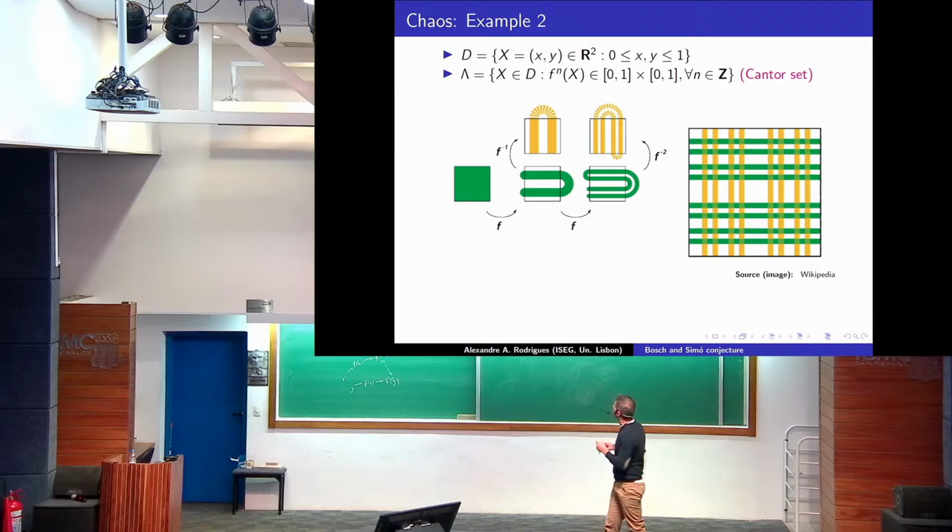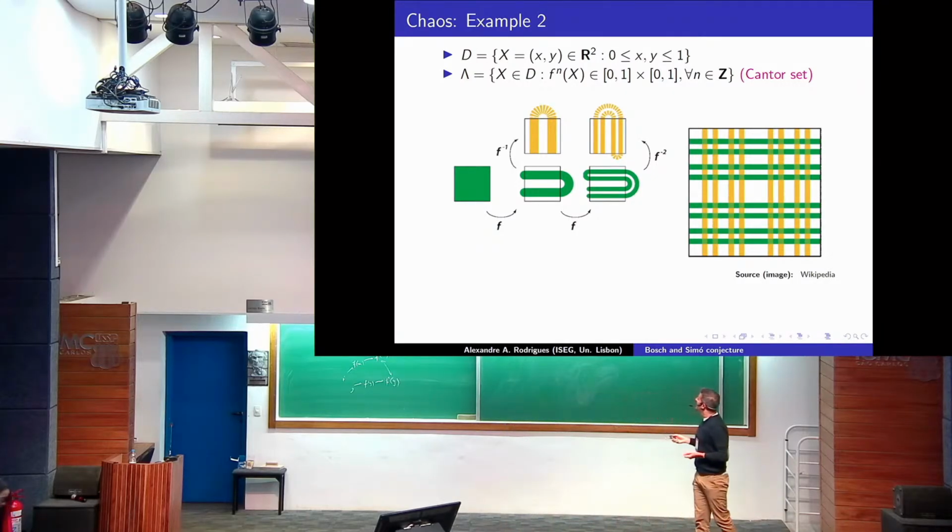And I can have the inverse of this map. So what is the inverse? It is to contract in the horizontal direction and expand in the vertical direction. So it's possible to define F and F inverse, okay? I'm going to iterate this infinitely many times, and I'm going to consider the set of points that fall into the square for all n, okay? So instead of a dust in the one segment, I have the product of Cantor sets. At the end, I have a Cantor set, okay?